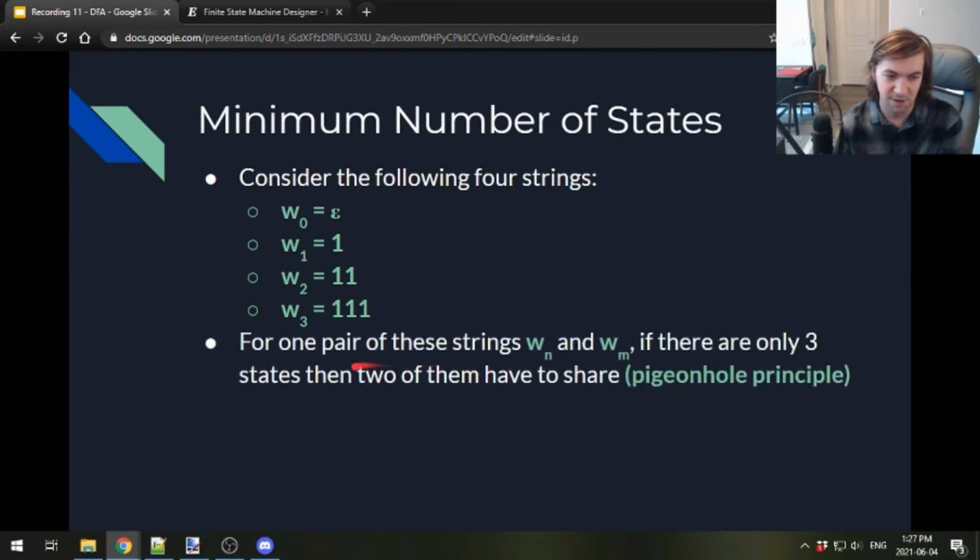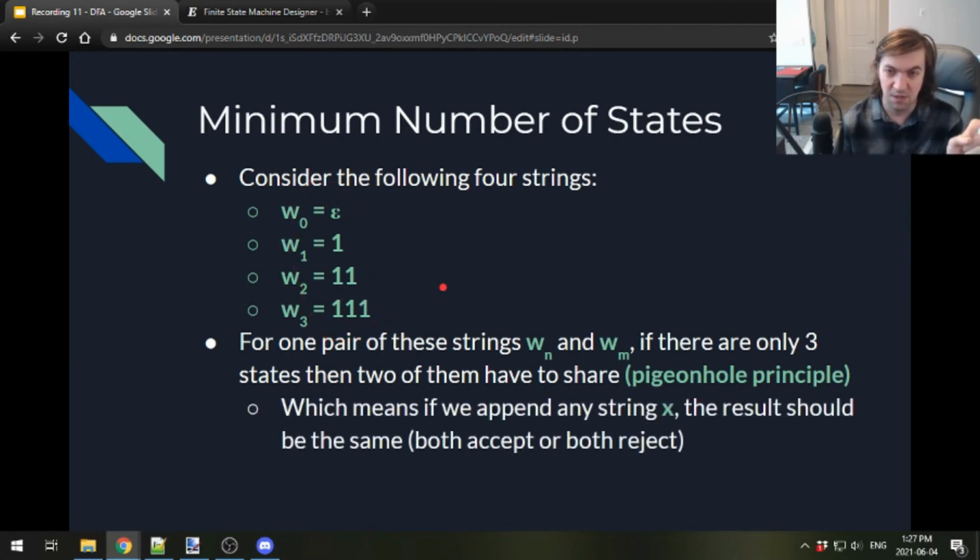And if we only have 3 states, for one of these pairs, they must be in the same state as each other. Which means if you append some string to them, assuming that, you're looking at the diagram, pretend that both of your strings were in the same state. If you append a string, they follow the same arrows and end up in the same location, right? Which means no matter what string I append,